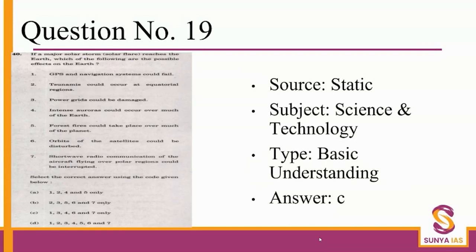Fifth, forest fires could take place over much of the planet. Sixth, orbits of the satellites could be disturbed. And seventh, shortwave radio communication of the aircraft flying over polar regions could be interrupted. Now, again, you have to select the correct answer, right? So the source is